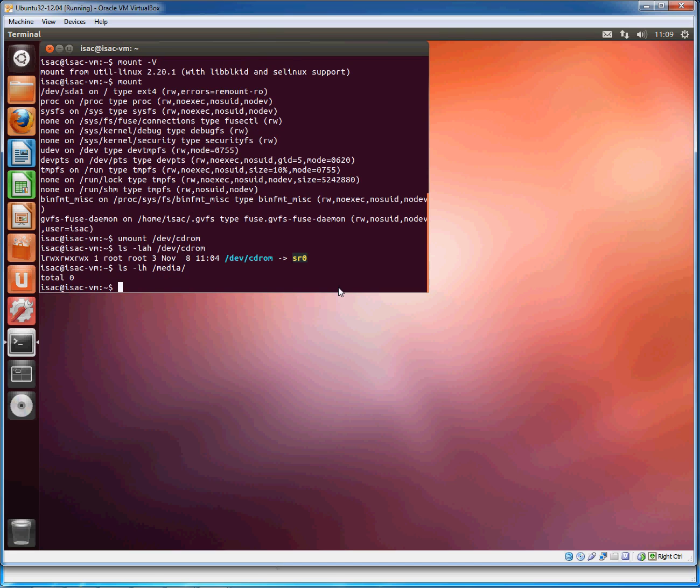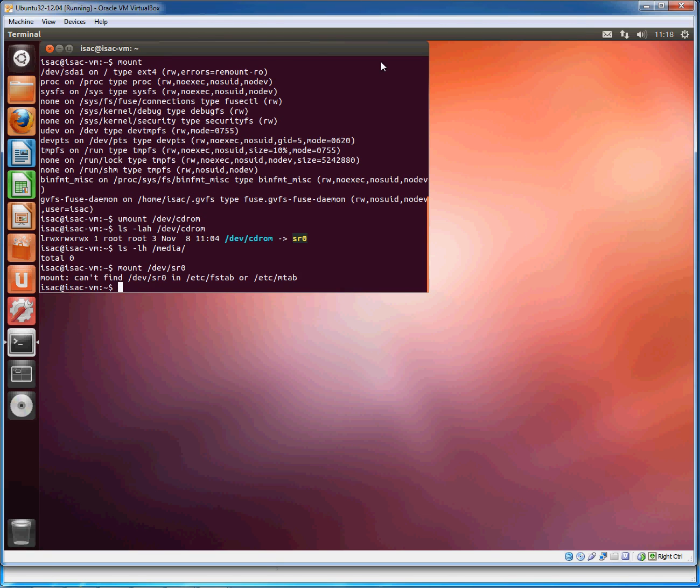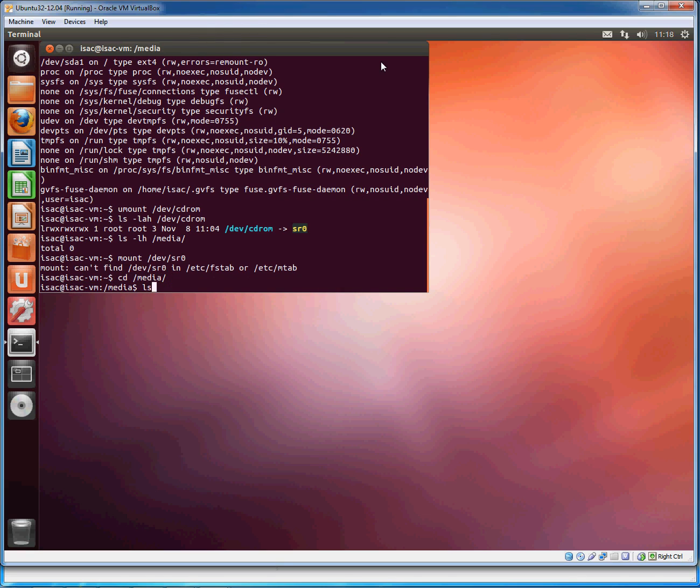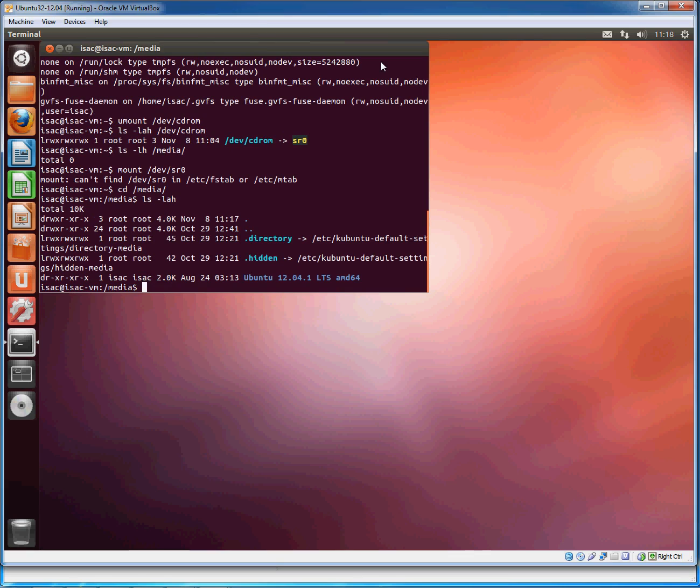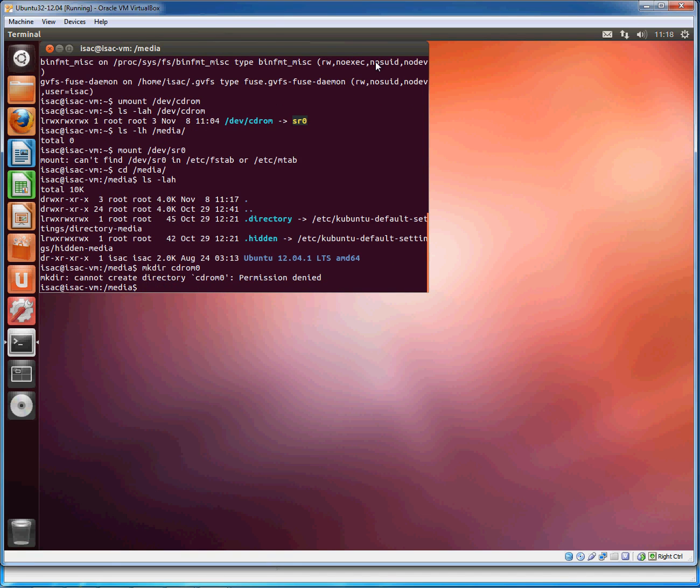However, when we use the mount command on this device. To fix the issue of this not working in current Ubuntu installations, what I'm going to do is go to the /media directory, which, as you can see, presently has a few things already listed. Now, in this instance, I'm actually going to make a directory called CD-ROM 0. Apparently I'm going to do so with super user permissions,